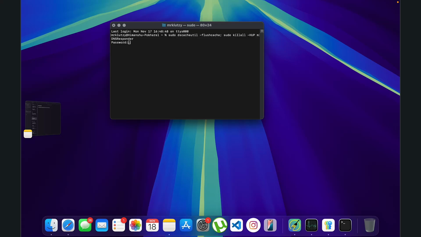So simply go ahead and press enter. It's going to ask you for your password. Simply go ahead and enter your password right here. It's going to simply go ahead and flush all your